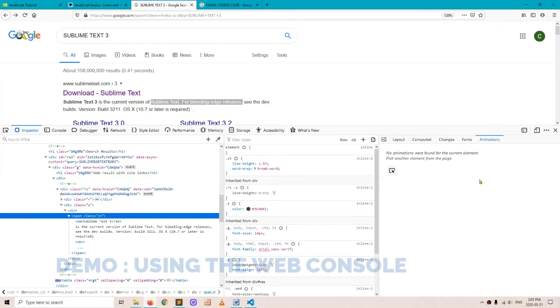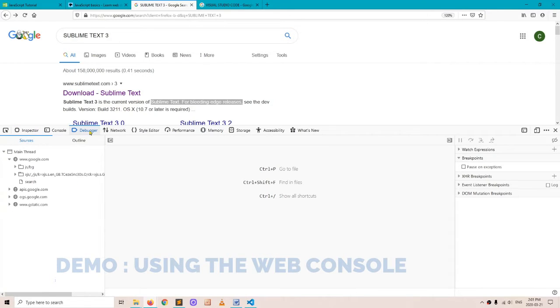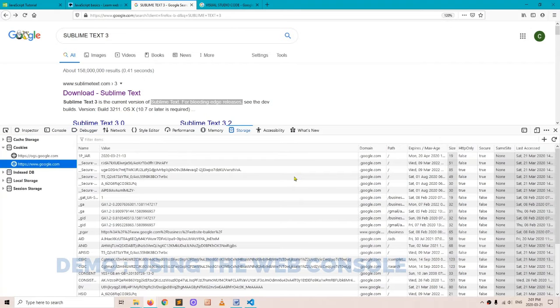Also along the top here we can go quickly to the console where we can run our JavaScript, to the debugger to find any problems that we have in our JavaScript, and look at various other things like performance of JavaScript, memory allocation, storage, and various cookies and items of data. On the left hand side we've got cache storage, which is our cache. On the left we've got cookies,